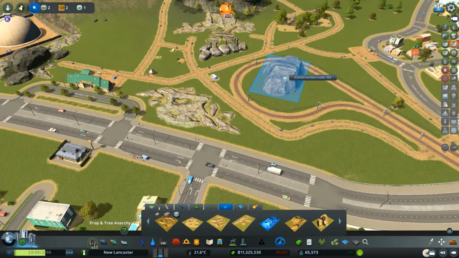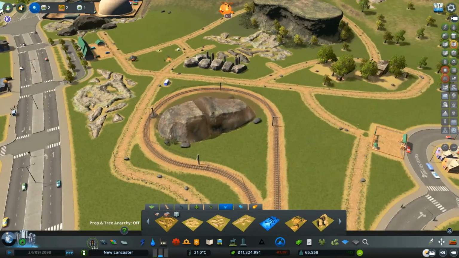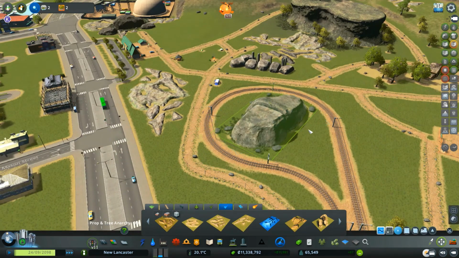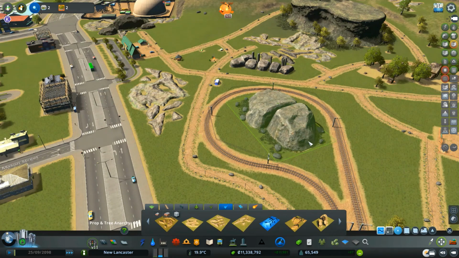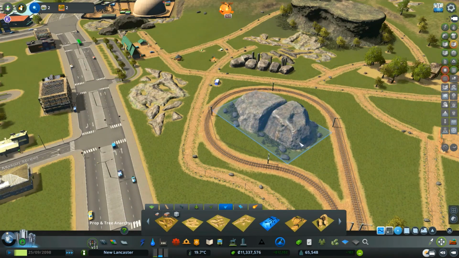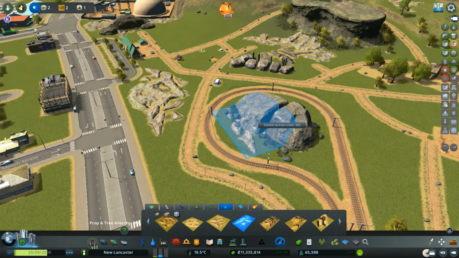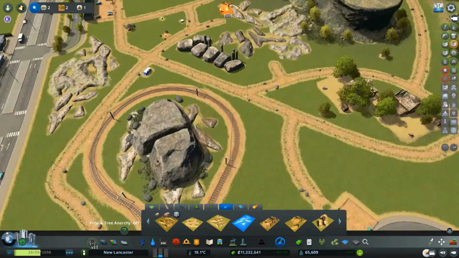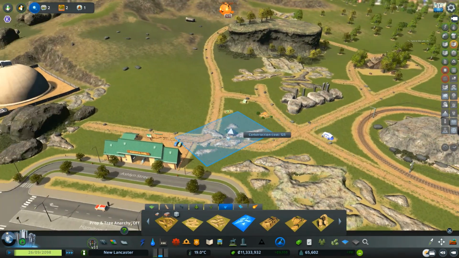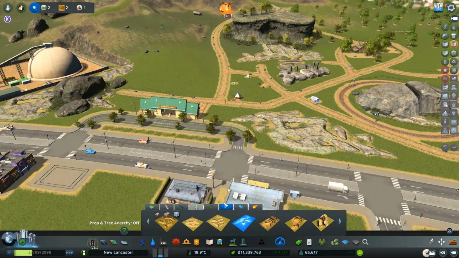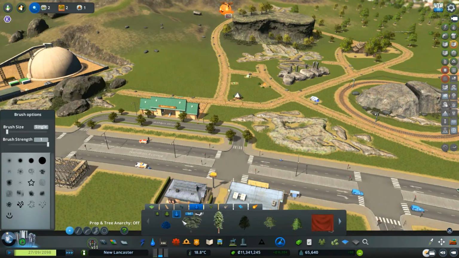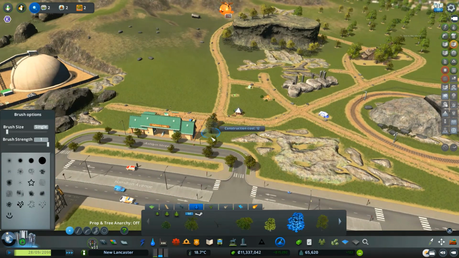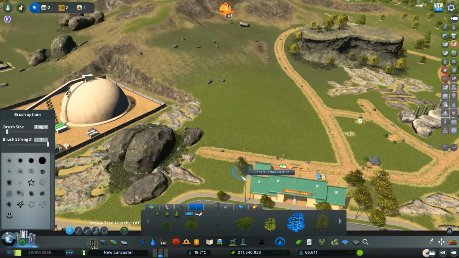All right. Put a big rock in there. And I'm gonna need to move that because I didn't realize there was gonna be smaller rocks around it. Cool. So that has been adding just a bit of depth to the area. Let's get this bad boy. And we'll just fill in the area just around here.